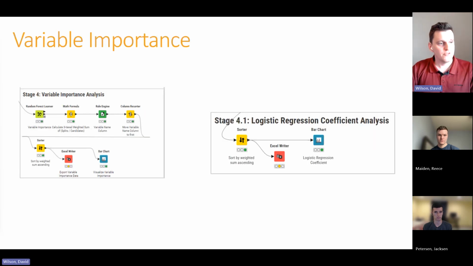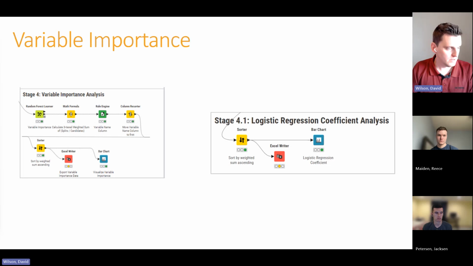We created two separate analyses for variable importance. The first, we used the random forest weighted sum method, where we assign a weight to each of the top three layers, with the first weight being 1, the second layer being 0.1, and the weight for the third layer being 0.01.